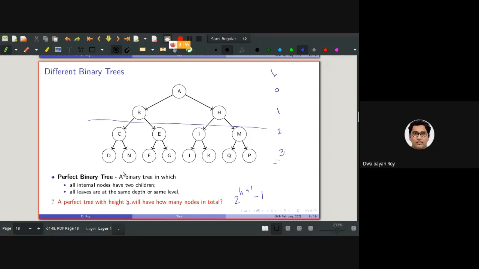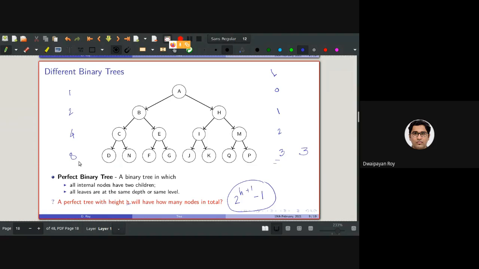Now, if I look at the whole tree, the height is again 3. At each level we can have at max 1 node here, 2 nodes here, 4 nodes here, and 8 nodes here. If we do the maths, it will follow this pattern.